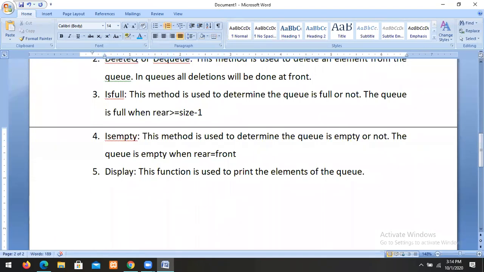There are two ways to implement the queues. One is called a linked list, another is called arrays. Suppose I want to implement this, there are two ways.